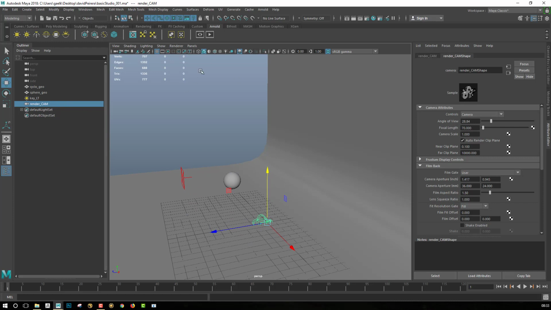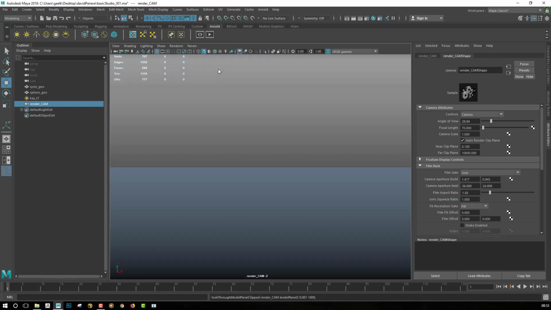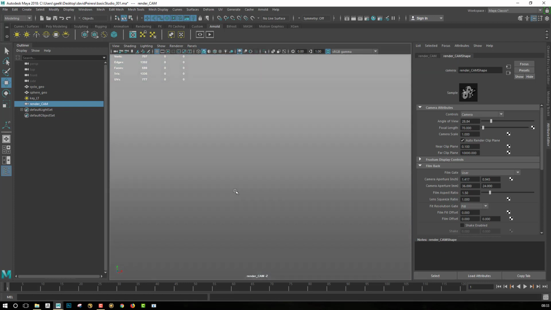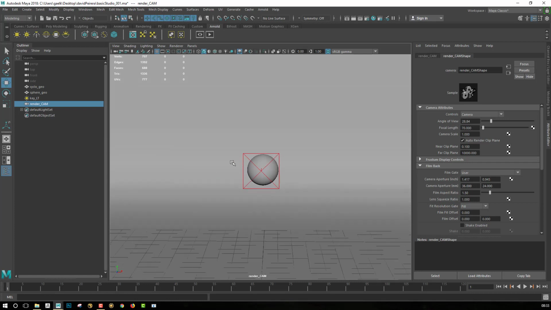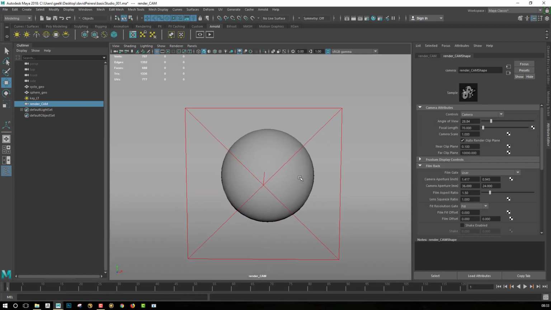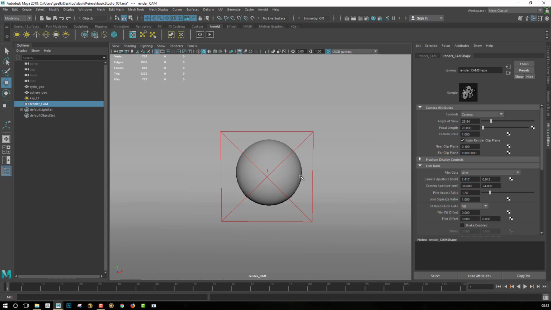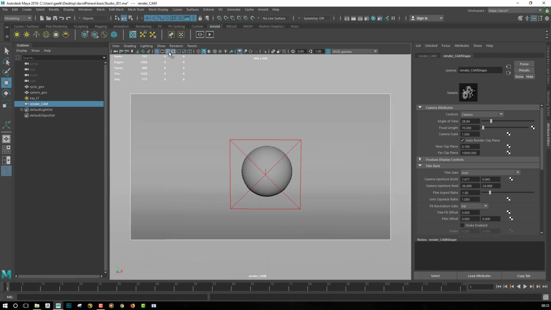I will select my render cam, go into the panel here and click on look through selected. With look through selected, I will be able to look through my camera, so I will be placed directly in the position of the director of photography. I can click here to select my camera directly, and something that I want to show is the resolution gate. The resolution gate will pretty much be the resolution of your final image.